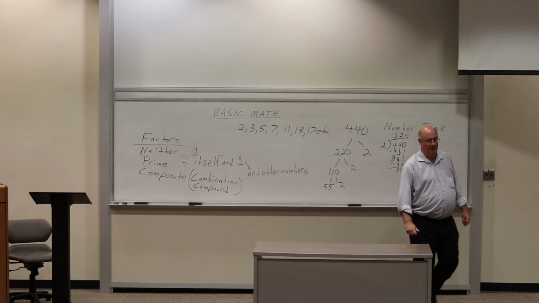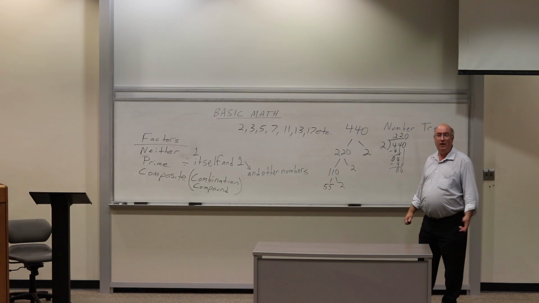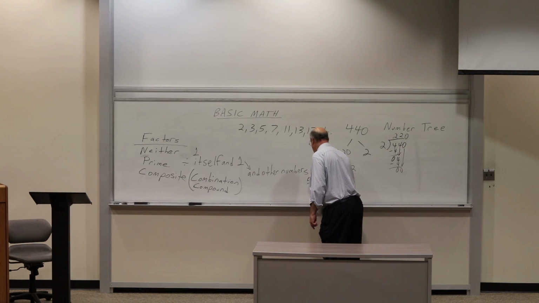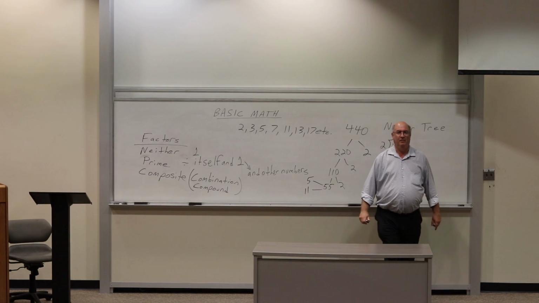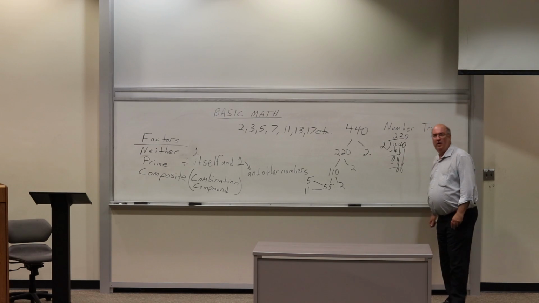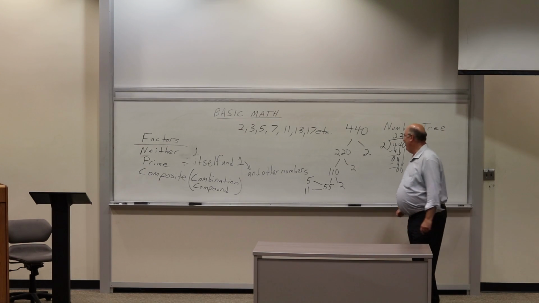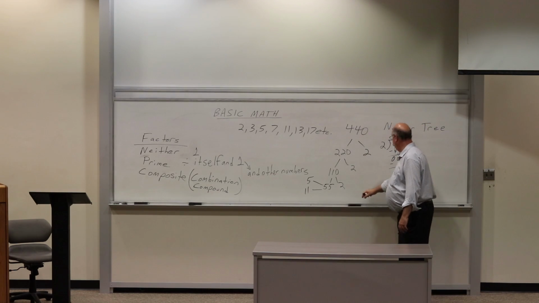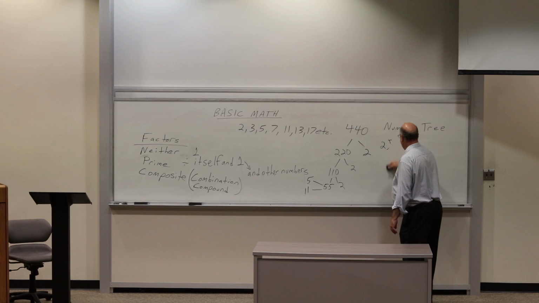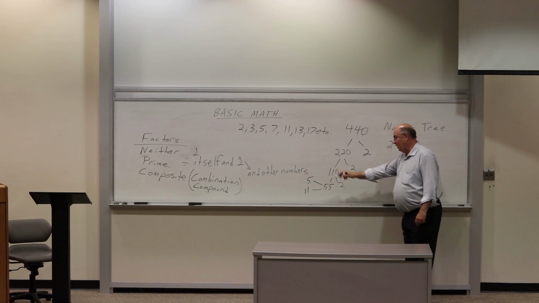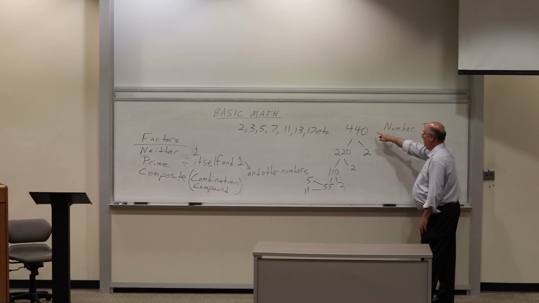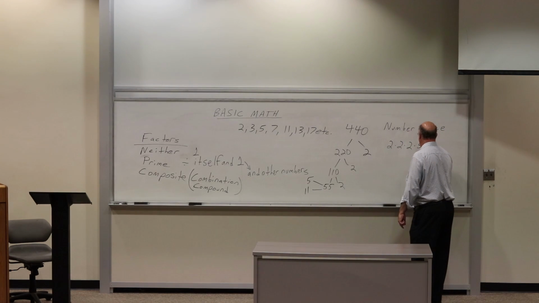55, obviously not an even number. 55 ends in 5. Any number that ends in 5, you can divide by 5. So we have 5 and 11. Anyway, so our prime numbers for 440: 2 times 2 times 2, and the prime numbers you multiplied, when you're done multiplying them, they all wind up equaling the bigger number. 5 times 11,